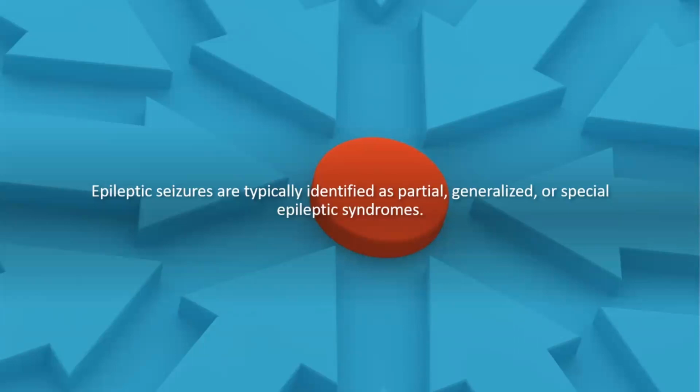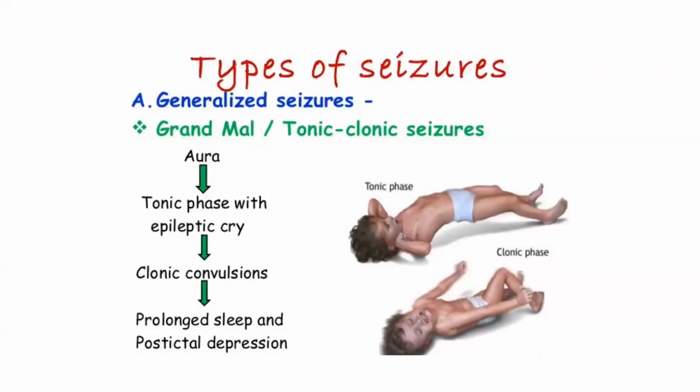Now, epileptic seizures are typically identified as partial seizures, generalized seizures, or special epileptic syndromes. If we talk about generalized seizures, they can be further grand mal, also called tonic-clonic seizures. What happens in this one? These are the phases. First the aura comes, then the tonic phase comes with the epileptic cry. Then the clonic phase occurs: your body is going up and down, your muscles are having spasms, and then you have prolonged sleep. You sleep for perhaps more than 12 to 14 hours,